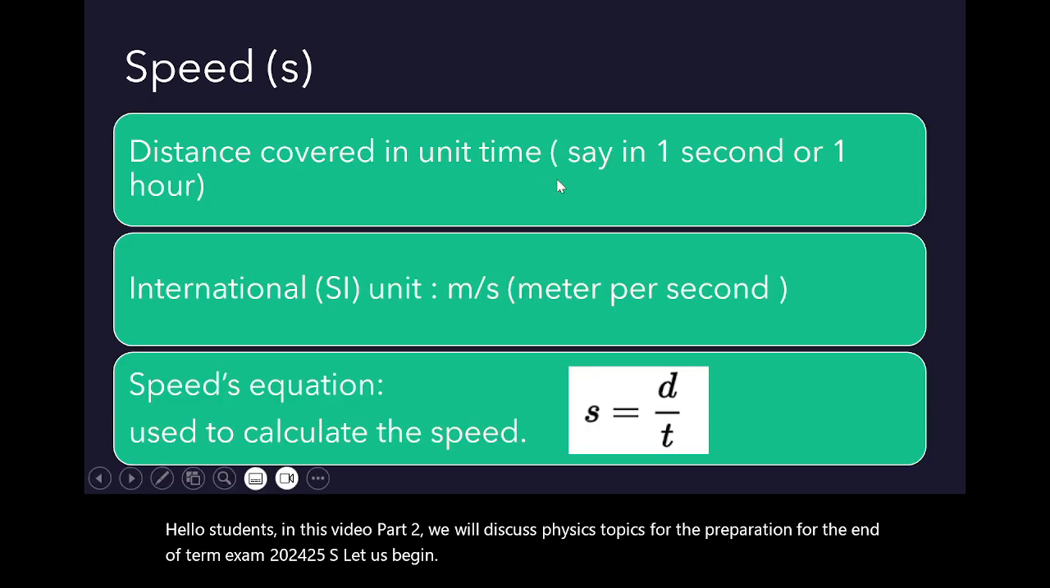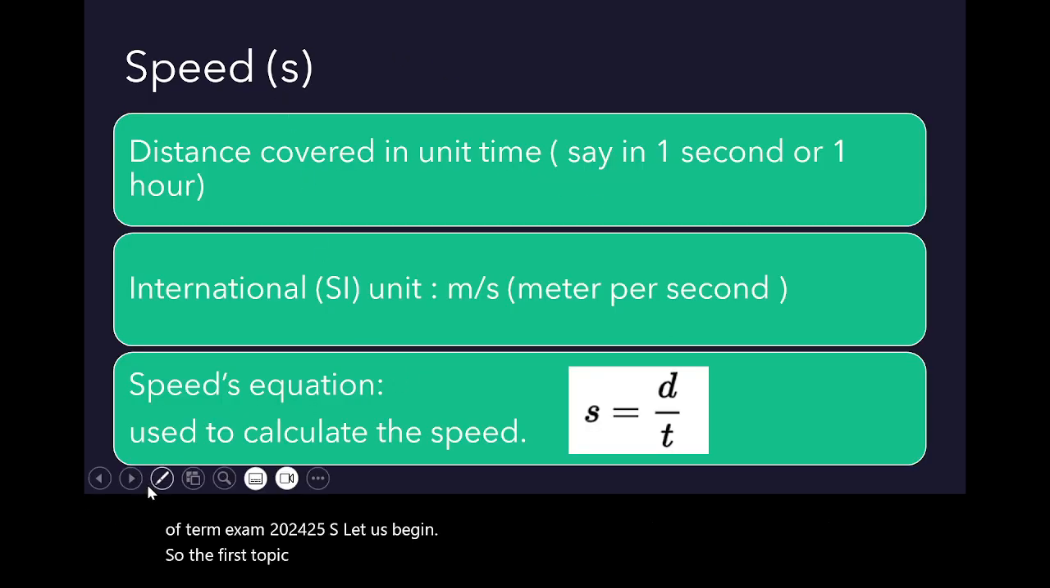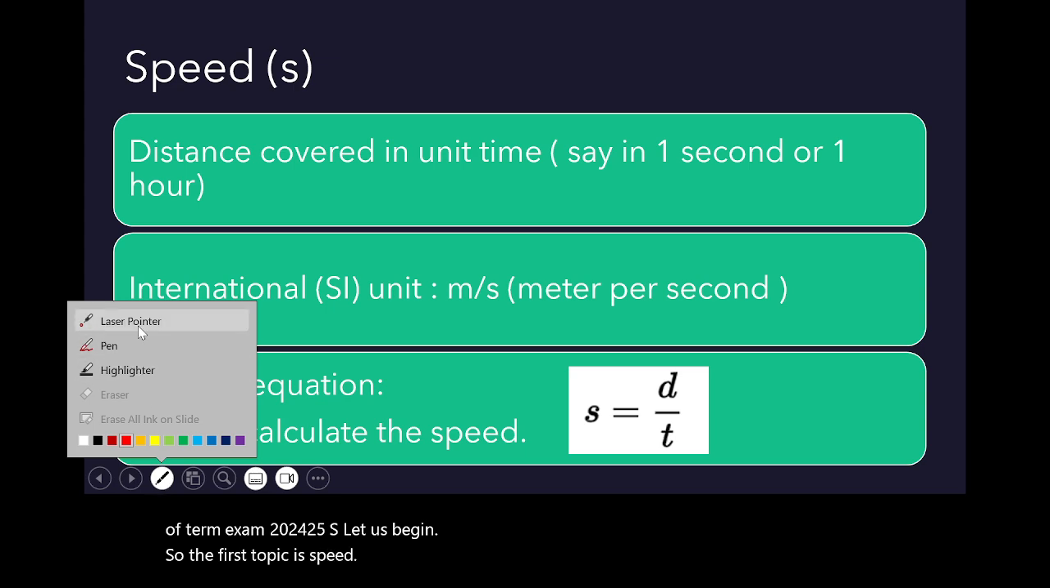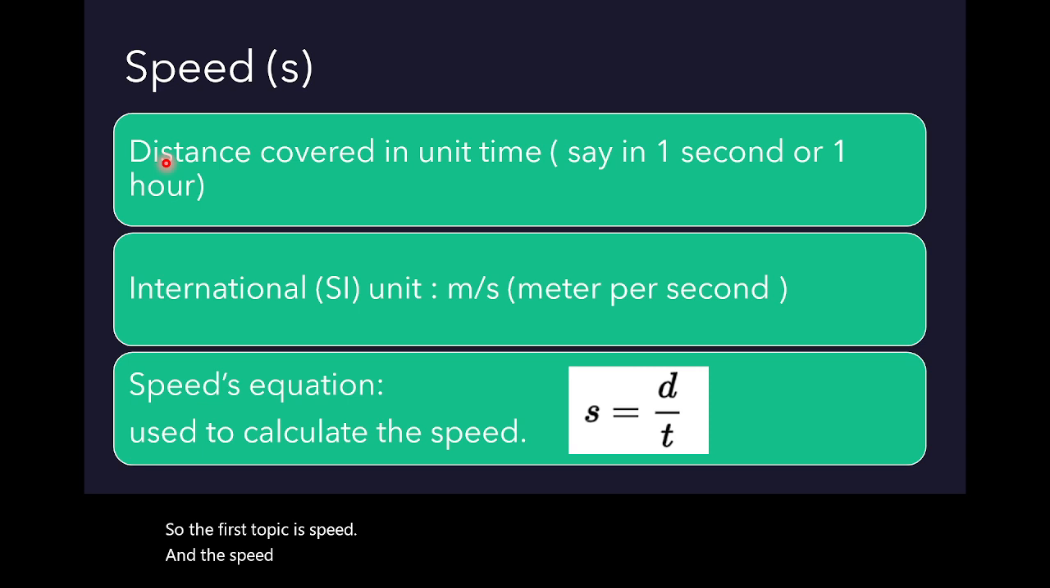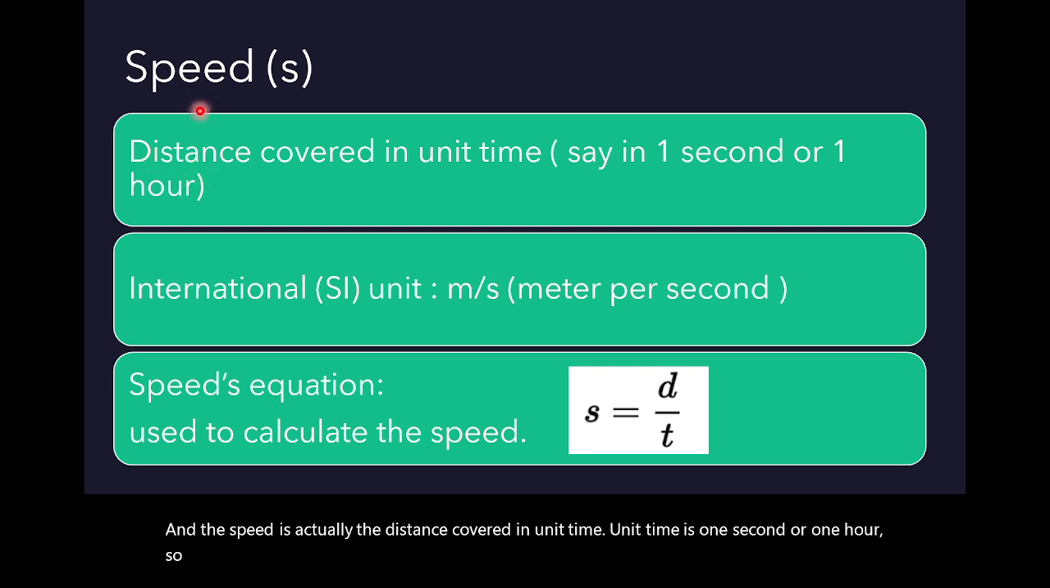So the first topic is speed, and speed is actually the distance covered in unit time. Unit time is 1 second or 1 hour. So I repeat, speed is simply the distance covered in unit time. The letter used for speed is S,